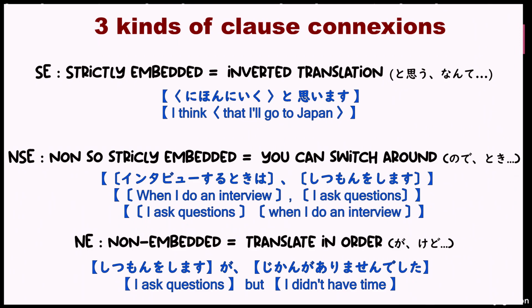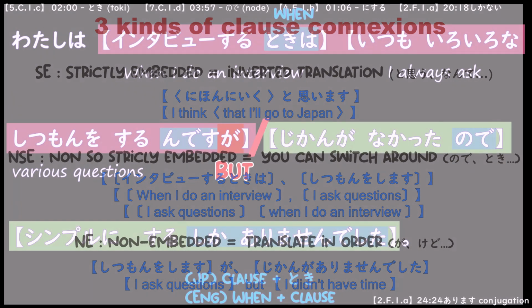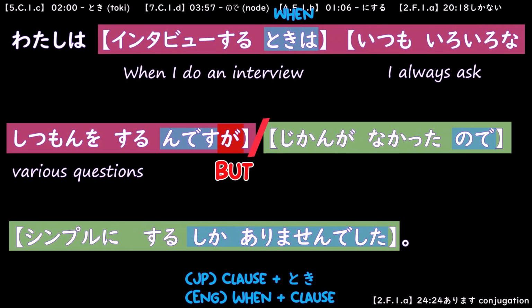And so of course your job will be to spot what kind of clause you have in your sentences. But you'll see that of course with time you'll just do it naturally. It's just to help you with the Japanese syntax. Well, anyway, let's go back to our sentence. So then you have んですが.